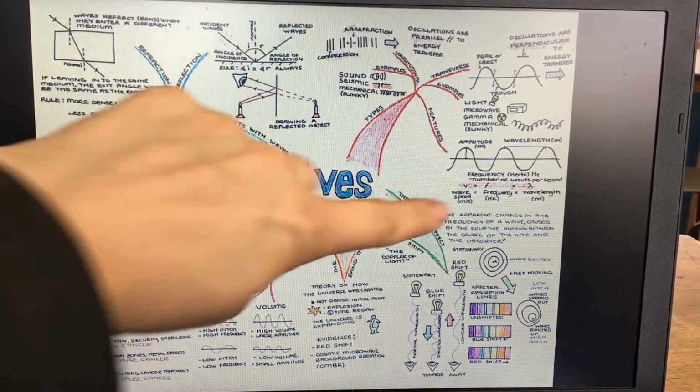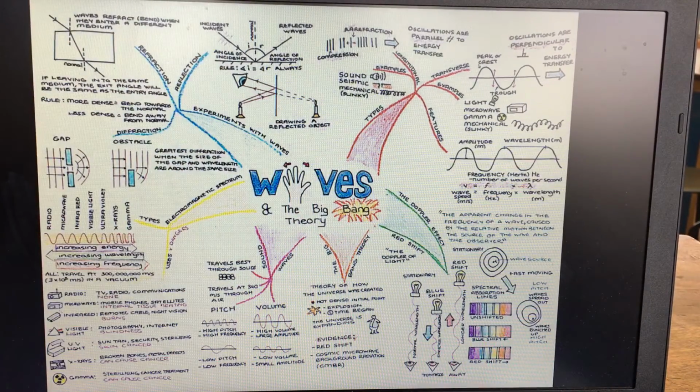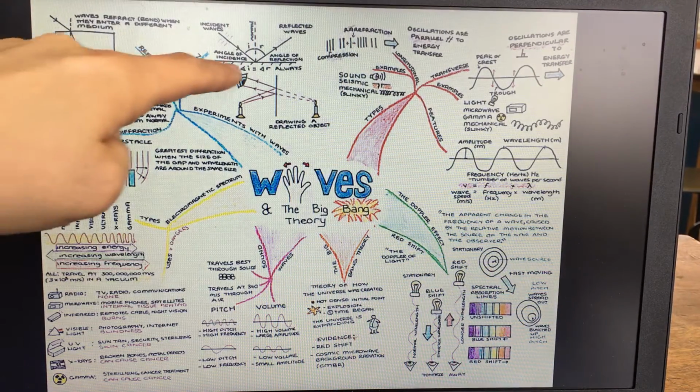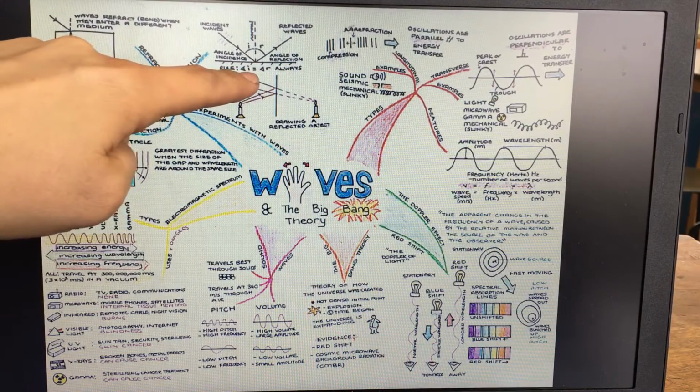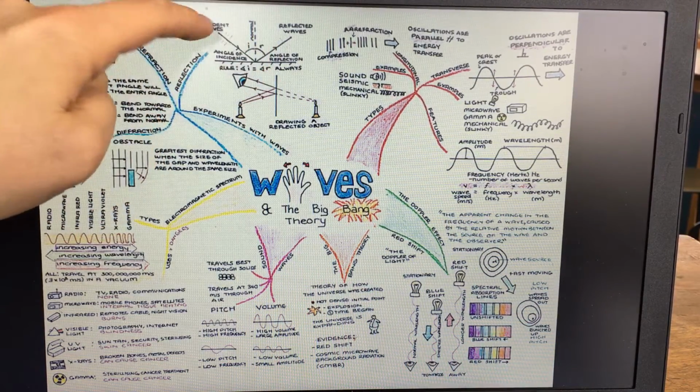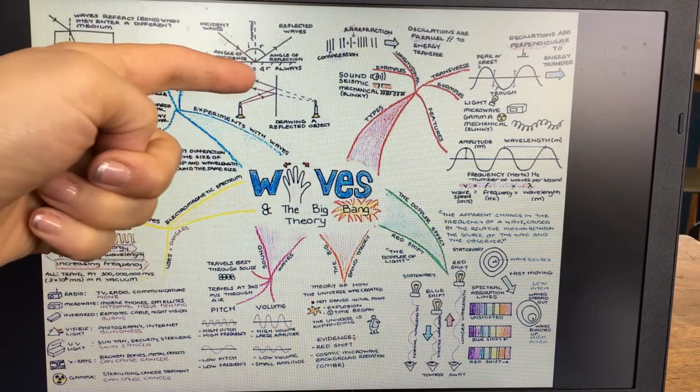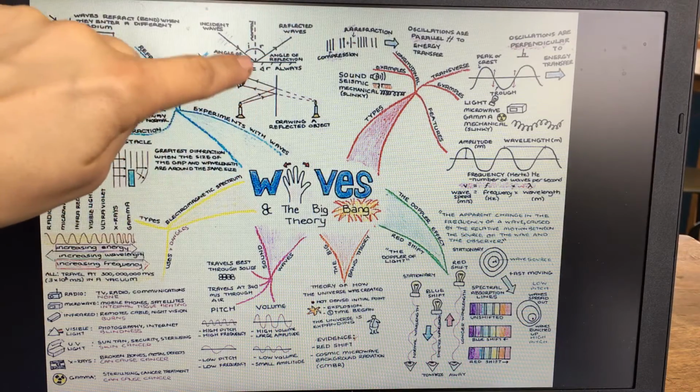If we go over to here now, there are different ways in which you can do experiments with these waves, and I have got a separate video on this. The first one is reflection. All waves reflect off a surface. When they do that, it's really important that you know that the angle of incidence equals the angle of reflection. The incident wave will come in and reflect off, and you need to have your normal at 90